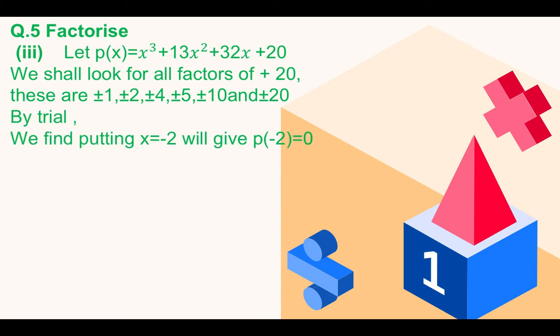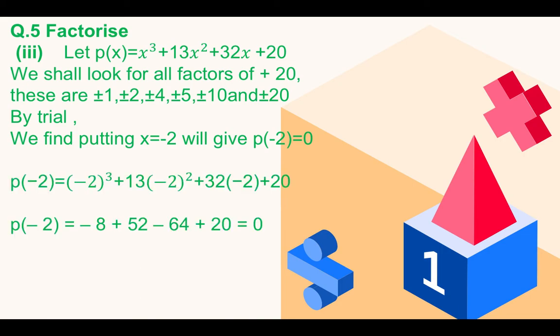So by the hit and trial method, I'll put the values one by one and check, and for x equal to -2, my remainder turns out to be 0. Since x equal to -2 gives me 0, p of -2 is 0, therefore I can say that x plus 2 is a factor of p(x). Hope you understand why the sign is plus over here, because the factor theorem states that if p of a is 0, then x minus a is a factor. So instead of a, I will write the value of a, which is -2. Minus into minus becomes plus. That is why it is x plus 2.